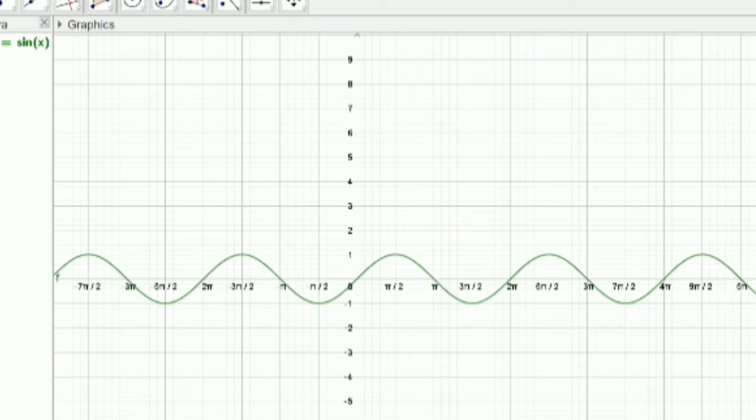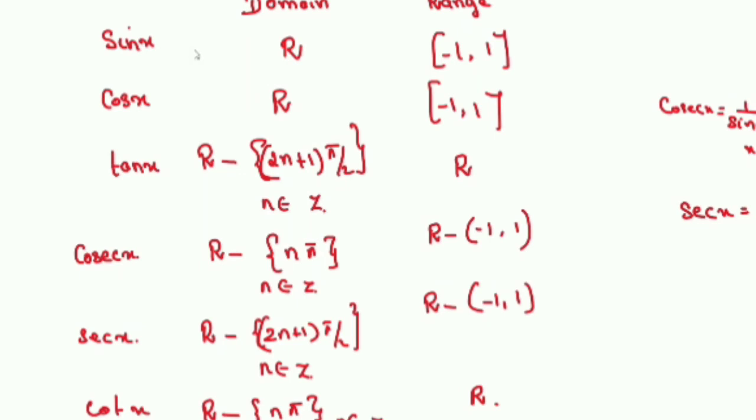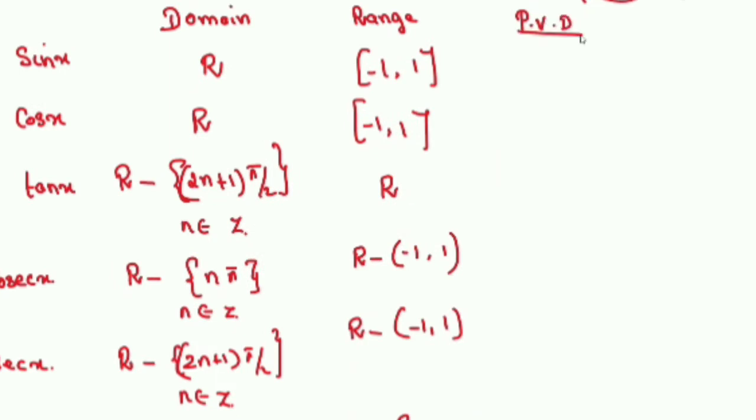So we are going to redefine now the domain. Now you know that sin x is not 1 to 1, it is not onto also. So we want to make it 1 to 1 and onto, so we redefine the domain now. We restrict the domain. How do we restrict it? You are going to define the principal value domain. So you know the reason why we are doing this, because we want to make the function 1 to 1 and onto. So for sin x, we are going to define the domain as minus pi by 2 to pi by 2. Minus pi by 2 to pi by 2 is the principal value domain or principal value branch. Similarly for cos.